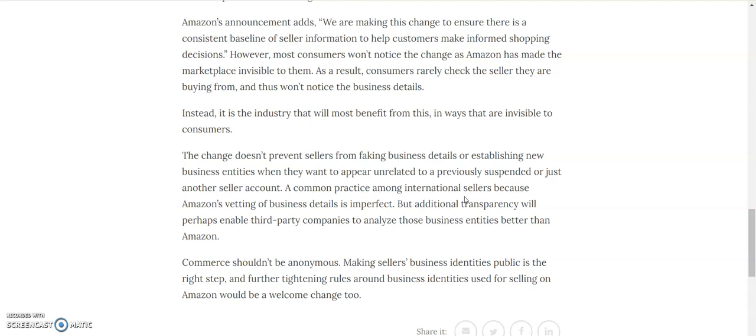And this is an important point, right? Like if you're buying from somebody's Shopify store, you may go check out their About Us page. You may go check out their Contact Us page to see if they have an address, see if they have a phone number. With Amazon, I think a lot of consumers who don't know about Amazon FBA and selling on Amazon just assume if it's available via Amazon Prime, it's sold by Amazon, the actual company. And what most of these people don't realize is actually 63%